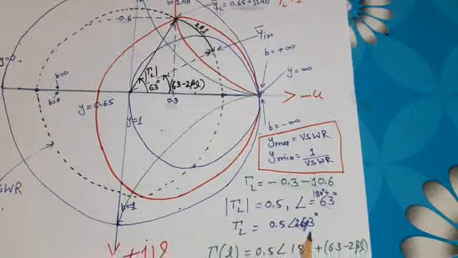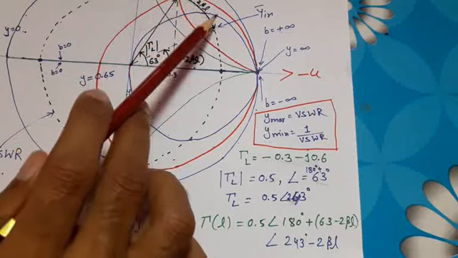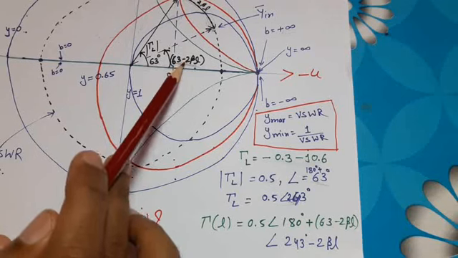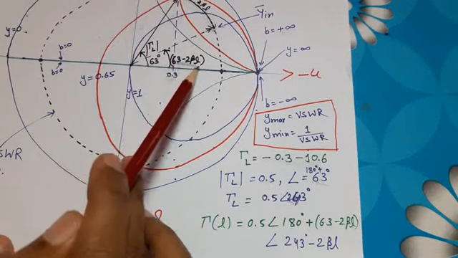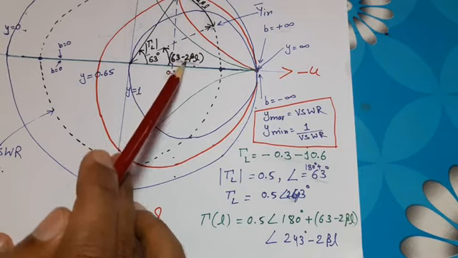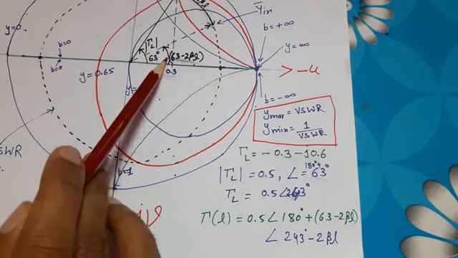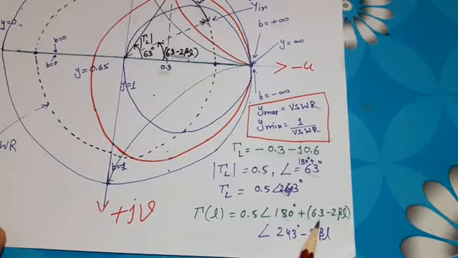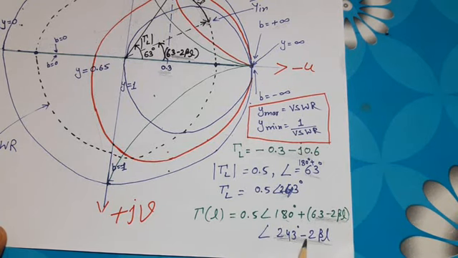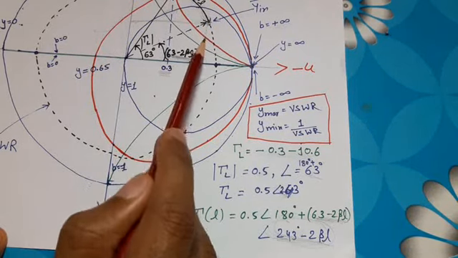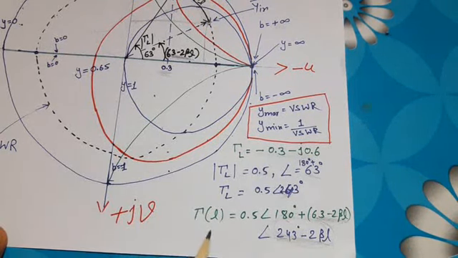Now if we have moved an angle of 2 beta l in clockwise direction, then the leftover angle is 63 minus 2 beta l. But because positive and negative axes are interchanged, in actual practice both coordinates corresponding to this point are negative and therefore this point lies in the third quadrant. So the exact angle will be 180 degrees plus 63 minus 2 beta l, so the net angle would be 243 minus 2 beta l. It may feel confusing for some students. So for them, just read the coordinates corresponding to this point and that will be the value of the reflection coefficient at any distance small l from the load.